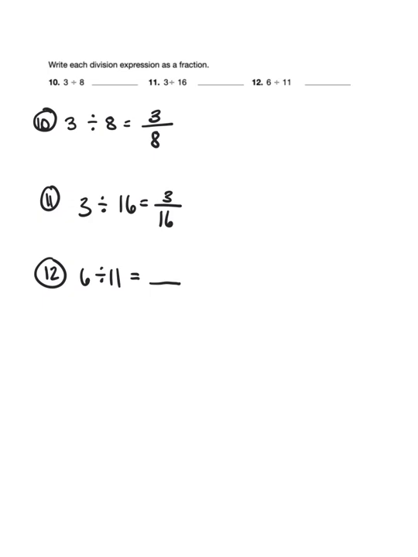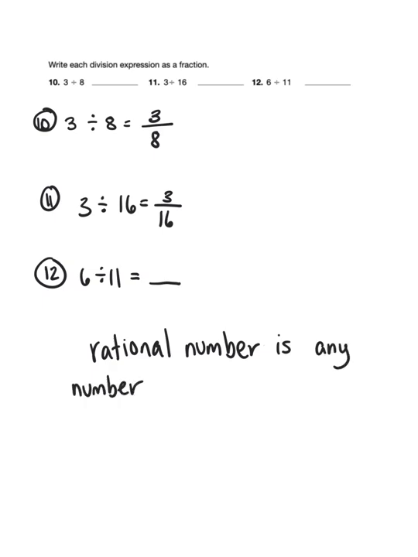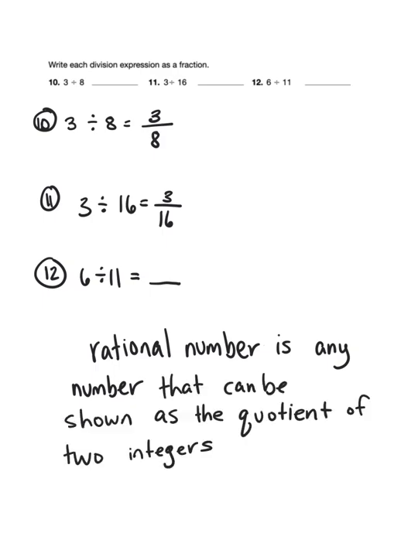Let's take a minute and talk about vocabulary. We're going to be learning more about what we call rational numbers. I want everybody to take out their math notebook and copy down this term, rational numbers. Okay, so a rational number is any number that can be expressed as the quotient or the answer of two integers. Let's copy that down. So a rational number is any number that can be shown as the quotient of two